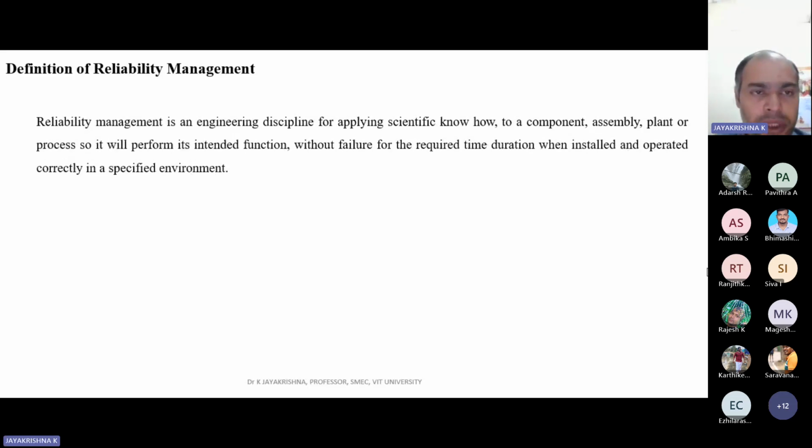So what is the definition of reliability management? Reliability is a part of engineering where you apply your scientific know-how, the scientific knowledge of a component, an assembly, a plant, or a process on its own. For any system or subsystem, we can apply our engineering knowledge to understand whether the product is performing the intended function for what it is designed. For example, a mobile phone is designed for calling and sending messages and various other things. So for any component, whatever is designed, whether it performs its function for what it has been designed,